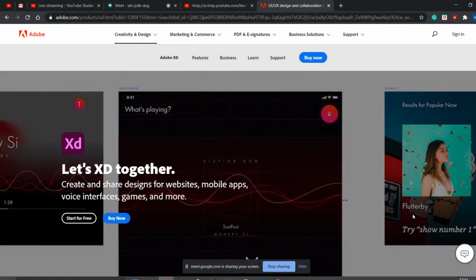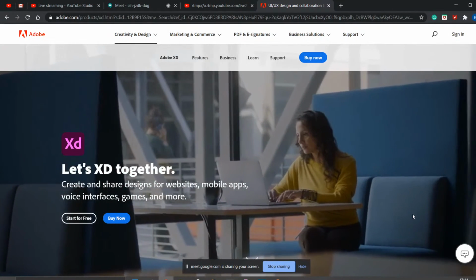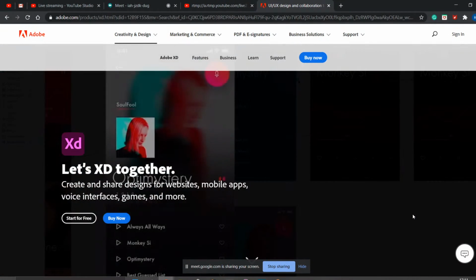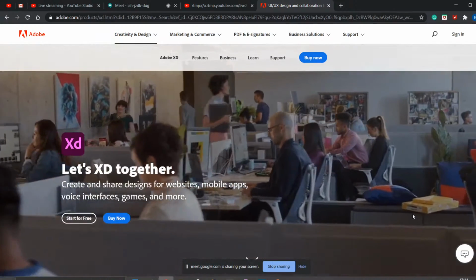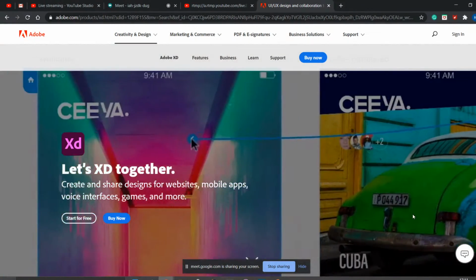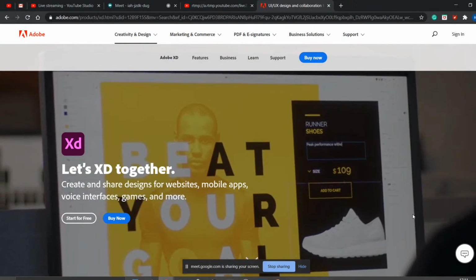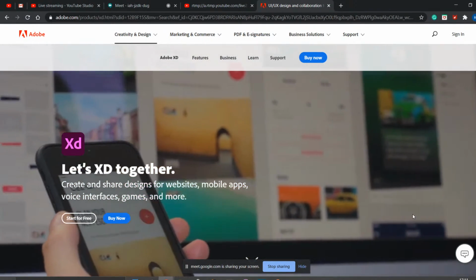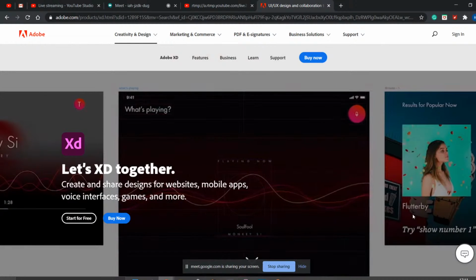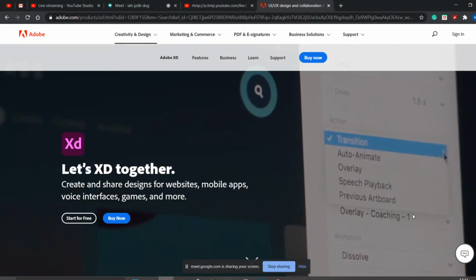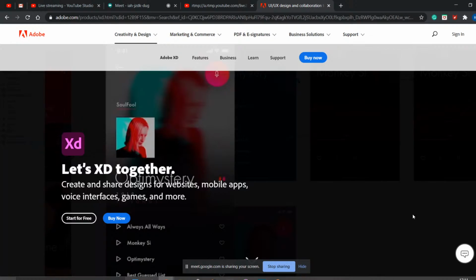UI is the basic thing, and UX is the experience thing. First of all, to develop a website they will go to a designer. He has to design, and then the process moves on to development. The designer is actually the most responsible person in the project, so he has to design as per the user, and it should be user friendly. That is the main thing.